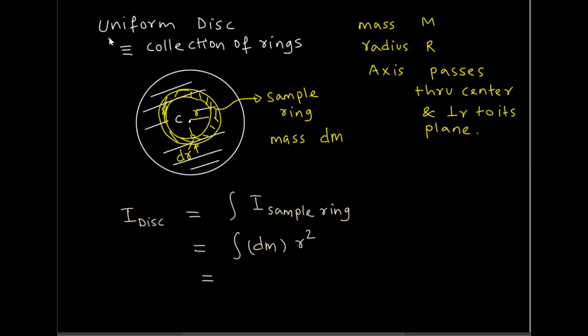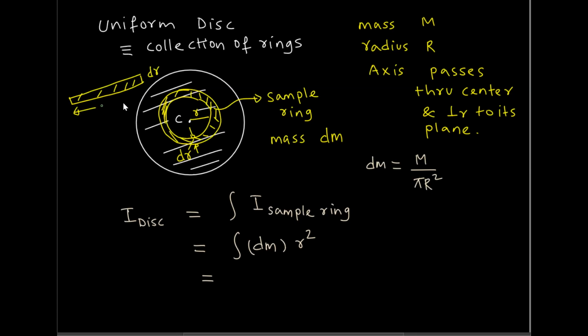We are taking it to be a uniform disk, so mass per unit area is constant. So if I want to get this dm, I can get it by taking mass per unit area, capital M by overall area, which is pi r square. And then the area of this ring, again, we can do the same thing. If you take a pair of scissors and cut this thin belt of radius r and thickness dr, and then spread it, you get r into dr. Very good. So the thickness will be dr, but what is the length of this circular belt?